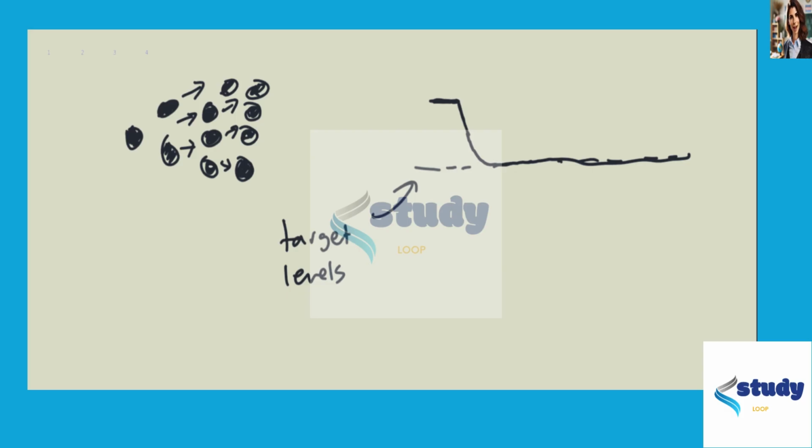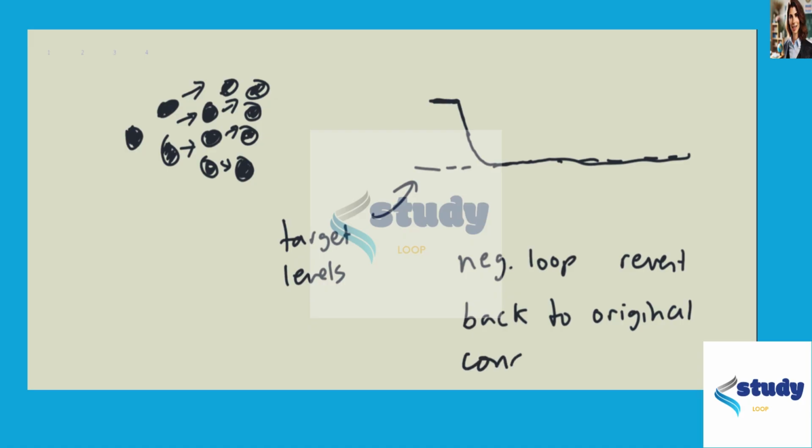And that is essentially what homeostasis is. A negative feedback loop reverts it back. So a negative loop will revert back to the original condition, the one that you want. So in this case, homeostasis. And so your answer is going to be B,